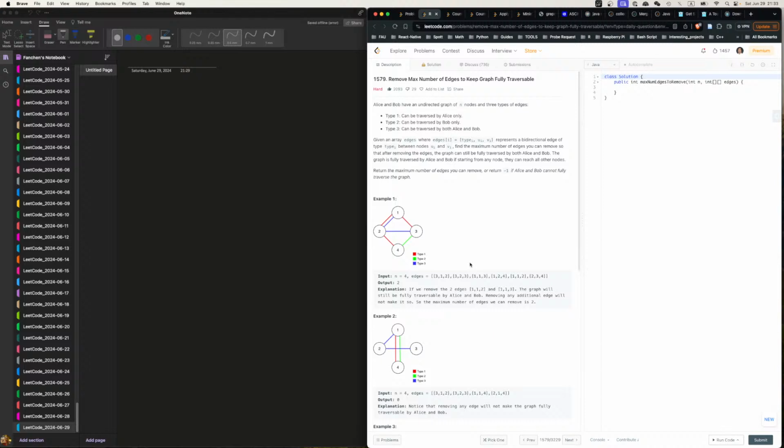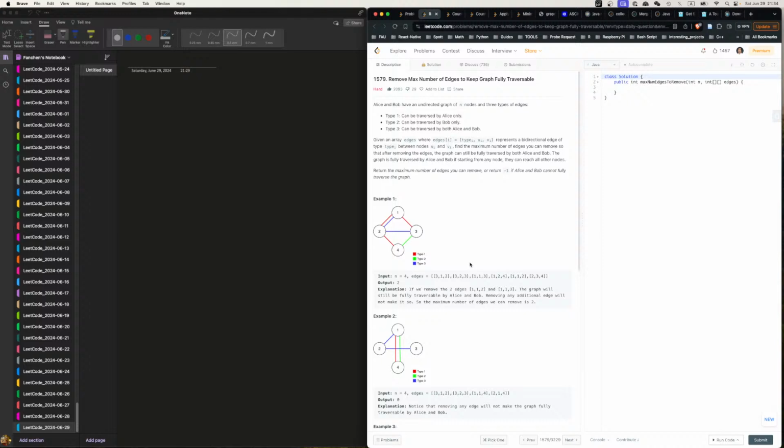And after you go through all the blue edges, you decide. The thing is, you do all the blue edges first, and before you add an edge, if it's already